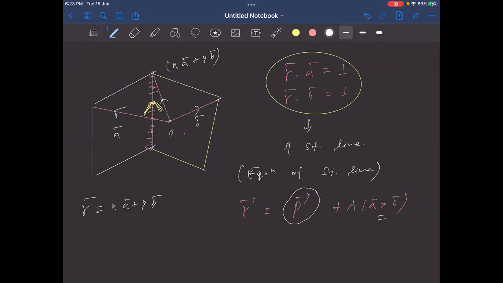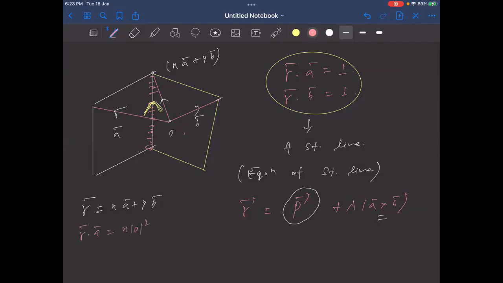Say yes or no. Can we take a point on the line as a linear combination of a and b? Yes, sir. So we need the values of x and y, right? Don't we need the values of x and y? Yes, sir, we need it. So we'll multiply with a,